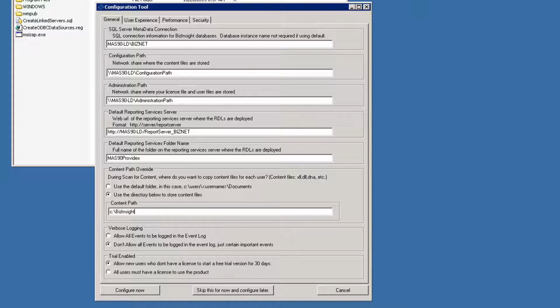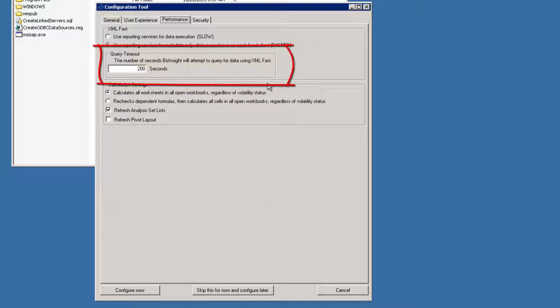I recommend using C:\BizInsight, which is the default directory that BizInsight will be installed to on the client workstation. The second option to consider adjusting is on the Performance tab. The query timeout setting defaults to 200 seconds, but if your company has a lot of transactions each month, or your Sage 100 system has many years of data, it may be important to increase this value to avoid timeouts